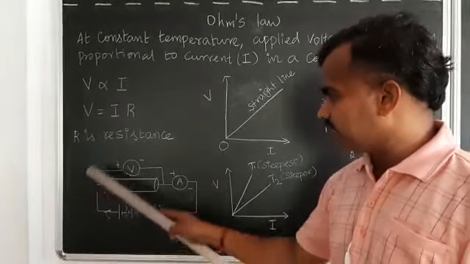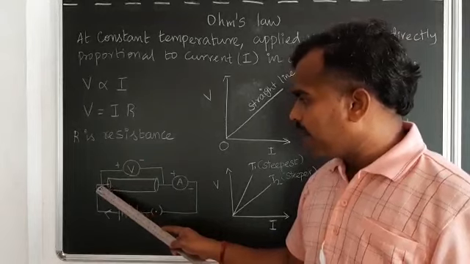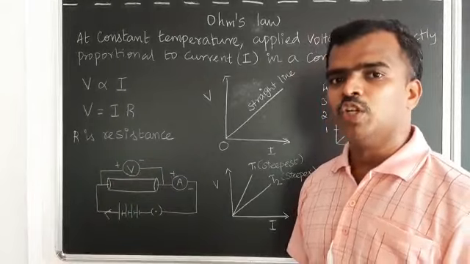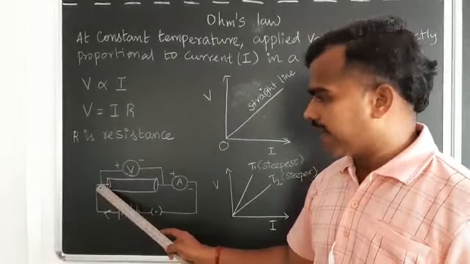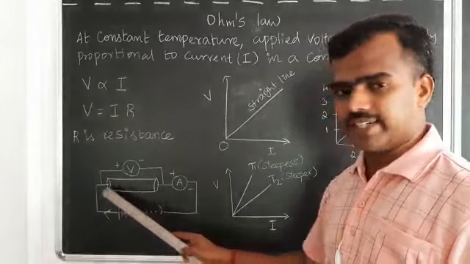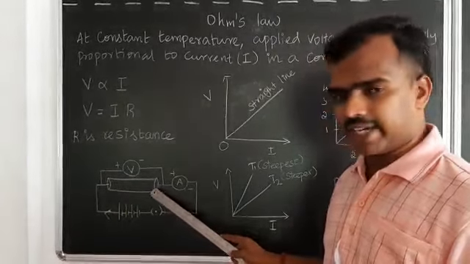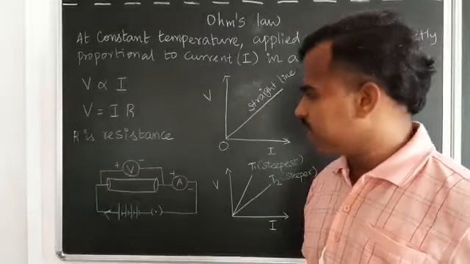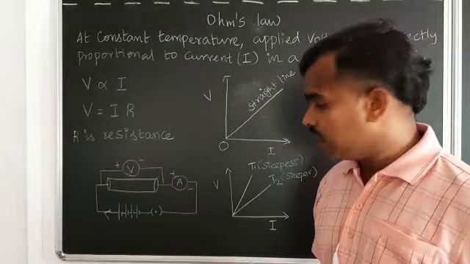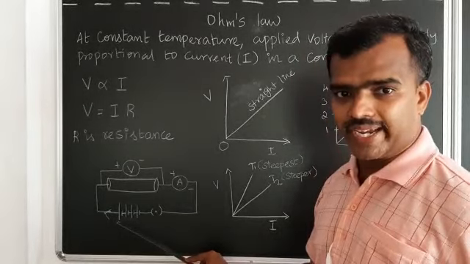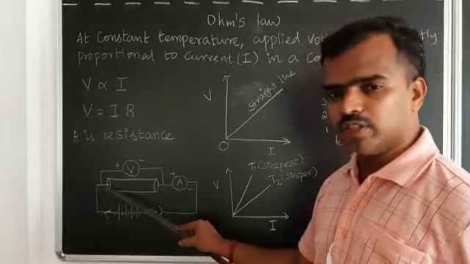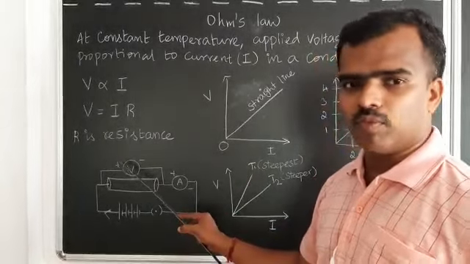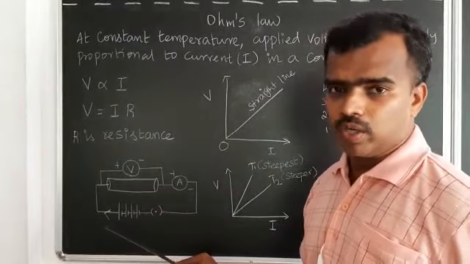Okay. And here we have a voltmeter. What is the purpose of the voltmeter? Yes, of course, to measure volt across, or parallel to, this conductor, right? Across this conductor, or parallel to this conductor, we are connecting the voltmeter, and don't mix up this plus sign and minus sign, right? Here we have the positive terminal of the battery, so it is connected to this side, therefore this voltmeter should be plus sign only. The plus sign of the voltmeter should be connected to the plus side of the battery.